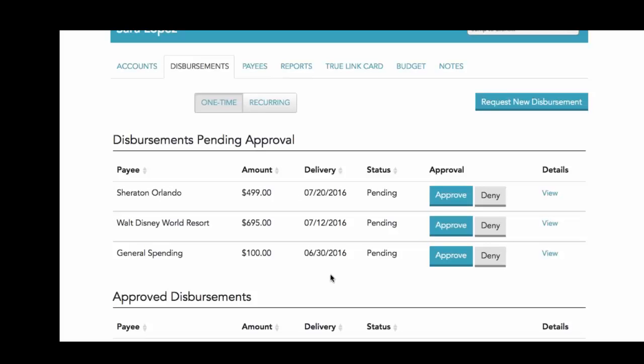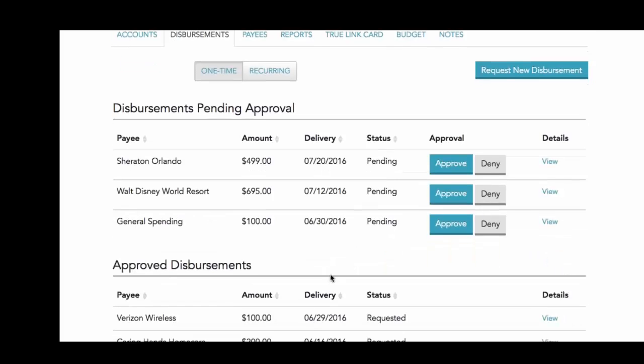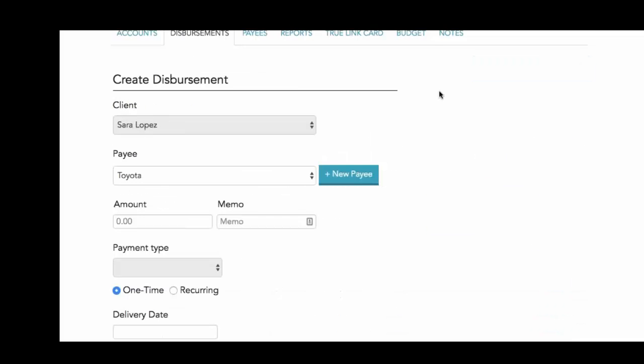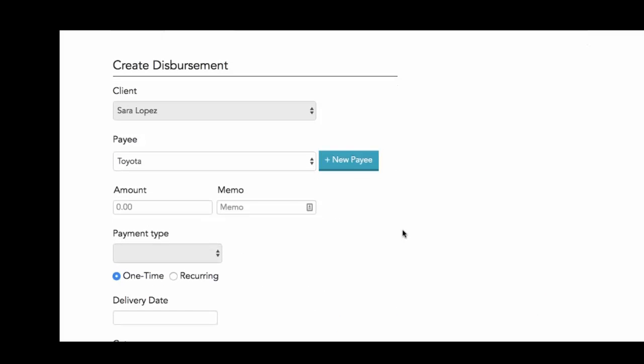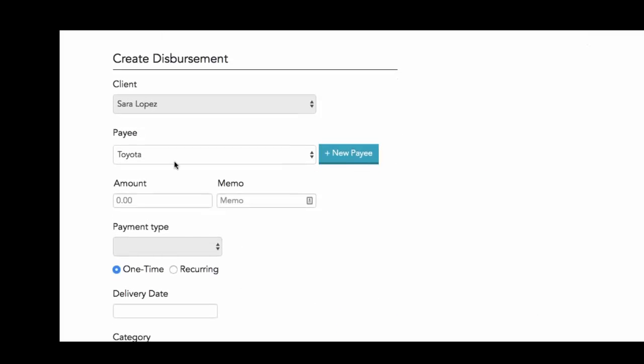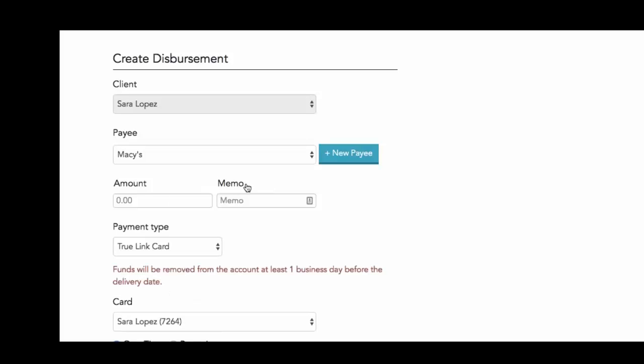So basically what happens here is that if a request comes in, and it might come in as an online form or a physical document from Sarah Lopez, what someone at the Golden State Pool Trust would do, or what a trustee would do, or a disbursement advisor would do, is basically say, okay, this disbursement seems good. I'm going to